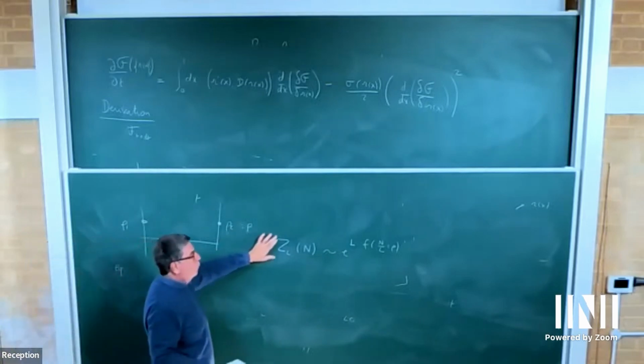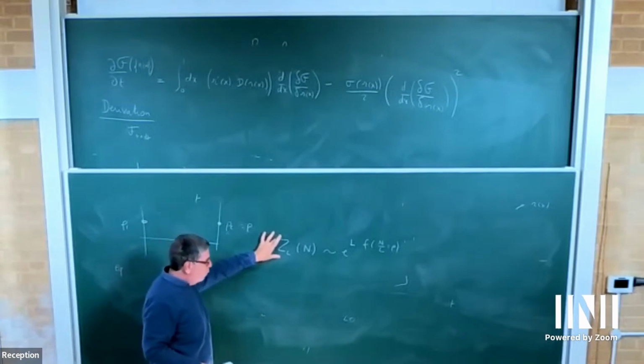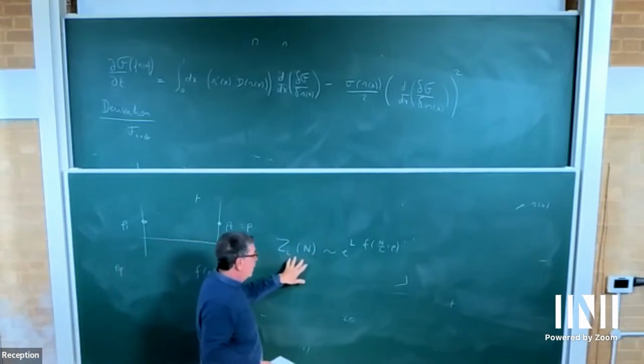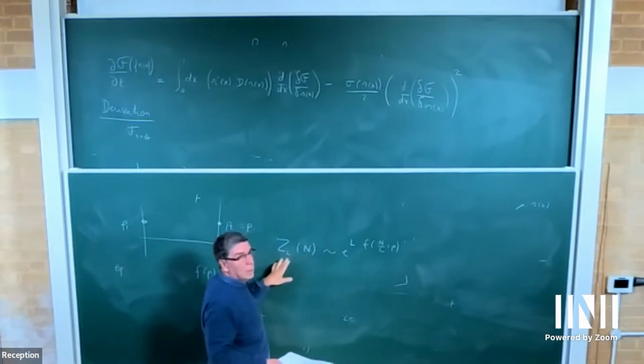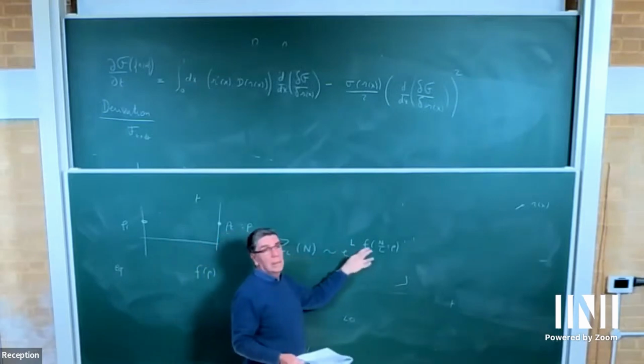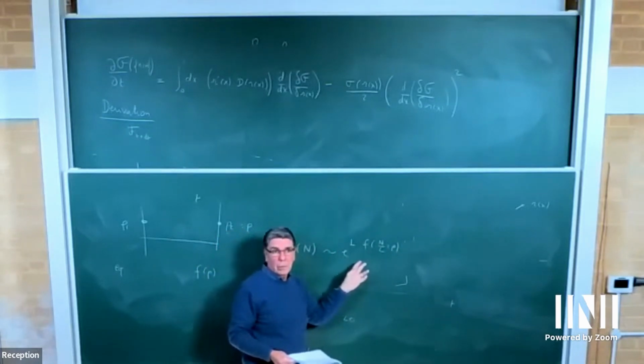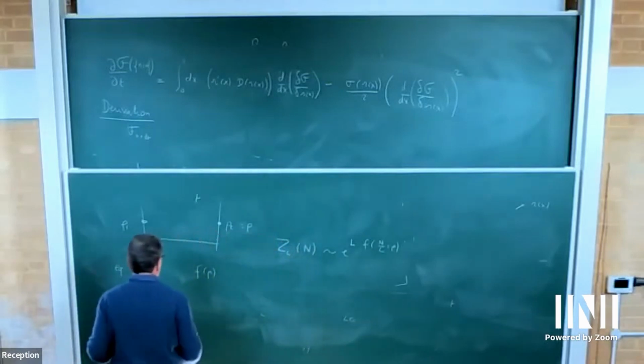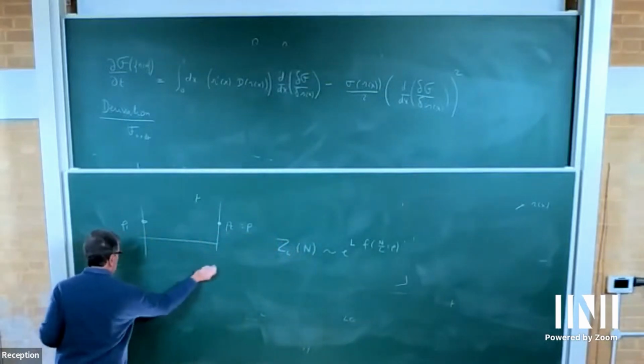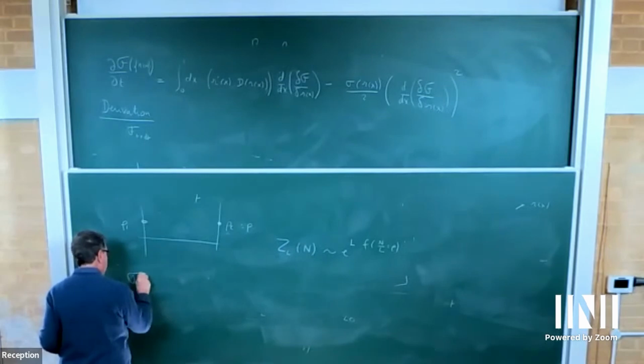But when the system is very large, the partition function for N particles in a system of size L has a kind of free energy per unit length F. Now, it's easy to show that